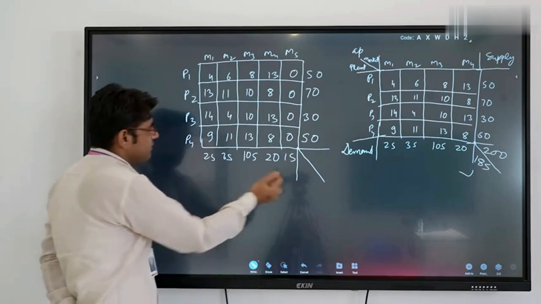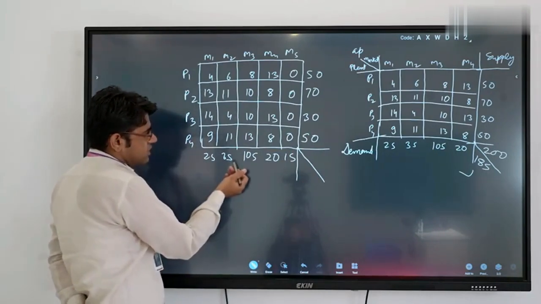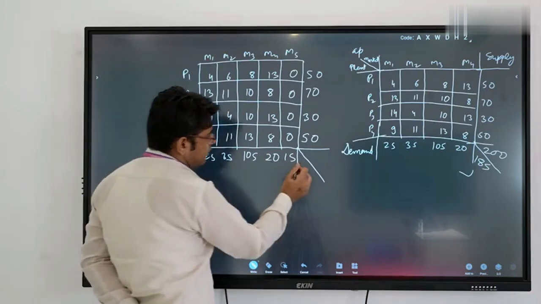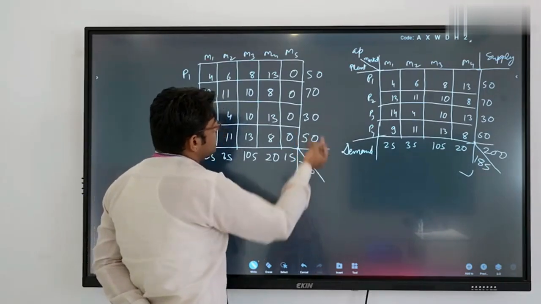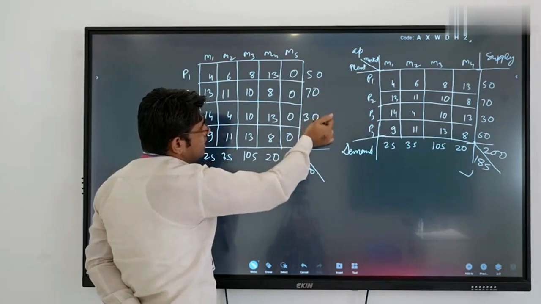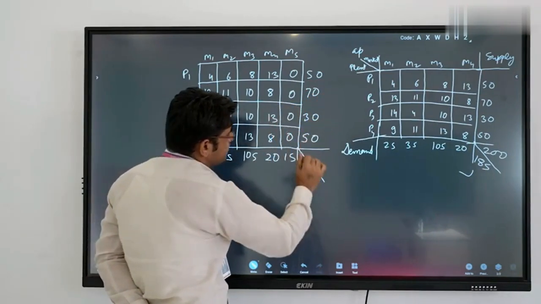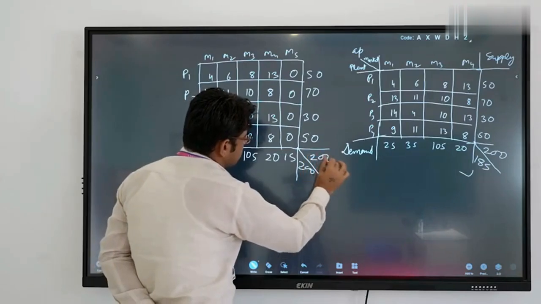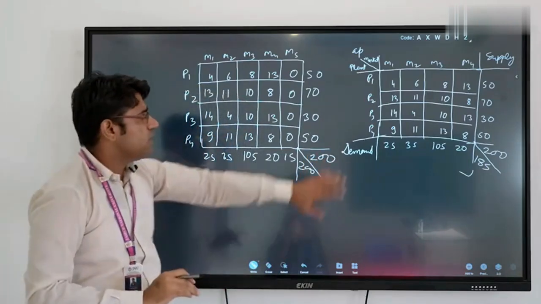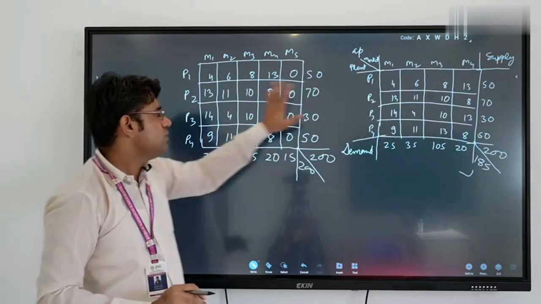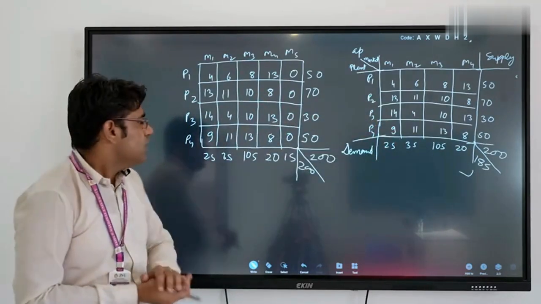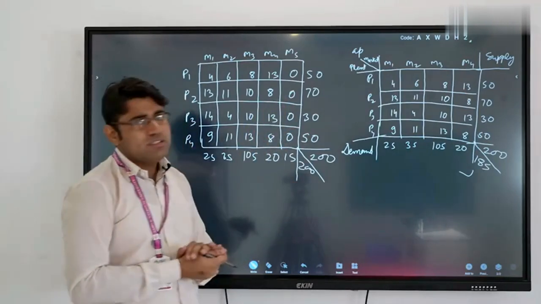Now the sum of demand is 60, 165, 185, 200 and the sum of supply is 120, 150 and 200. So first we convert the unbalanced transportation problem to a balanced transportation problem, and after this process now we solve